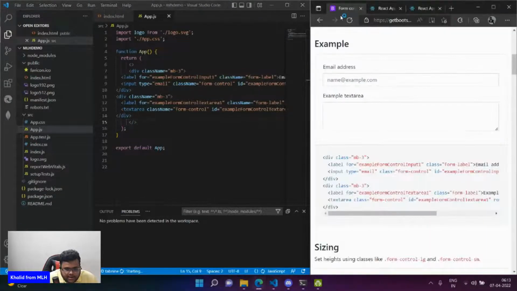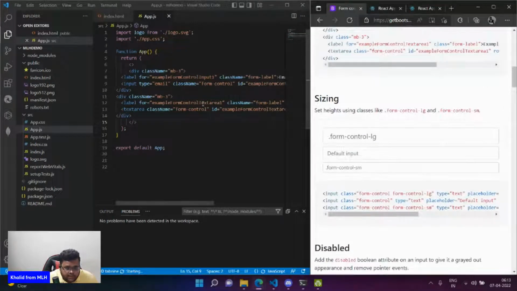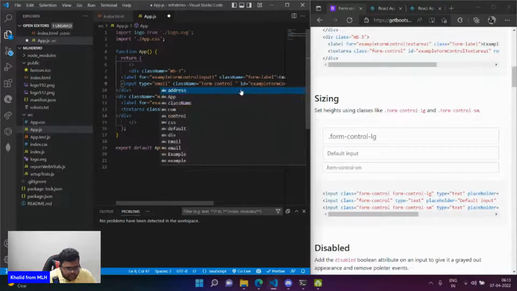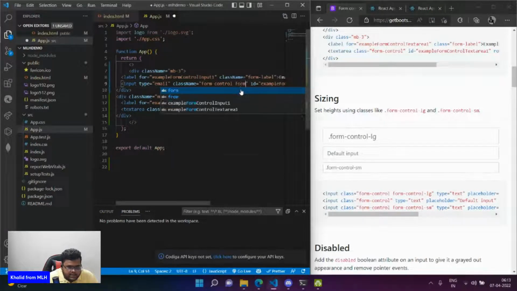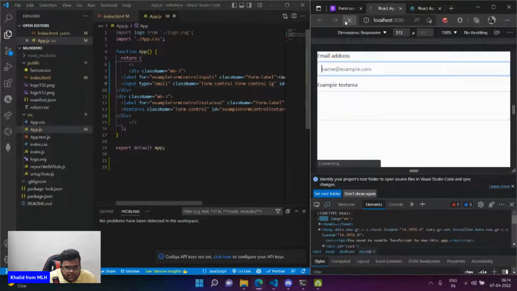So let us get back to documentation. If you see the documentation, we have different classes for form control as well. Form label, we can even give the sizing of the form. For example, if we see the example like the input form here, I'll give again one class form control, and I'll give a large text here. So if I give the large text here, it will, if I refresh it, if it is giving a large,